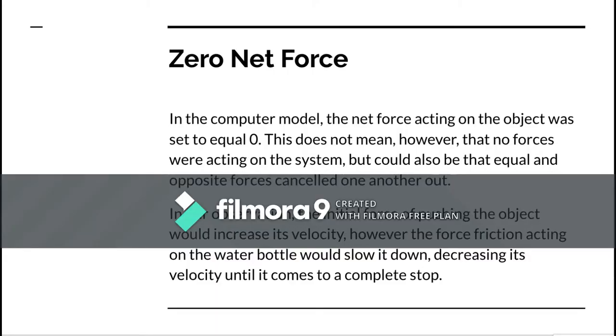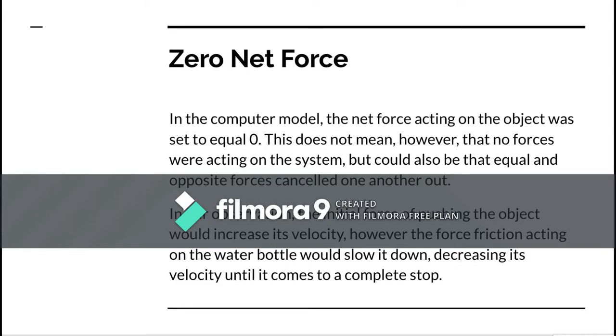In the computer model, the net force acting on the object was set equal to 0. This is because we were assuming that the water bottle was moving at a constant velocity and there were no net forces acting on the object. This does not mean, however, that no forces at all were acting on the system. This could mean that the forces canceled one another out because there were equal and opposite forces acting on the